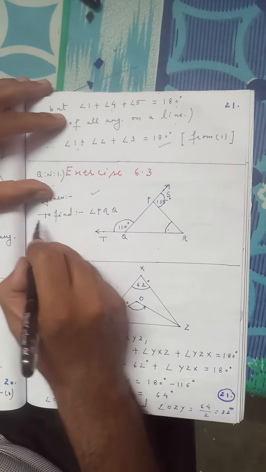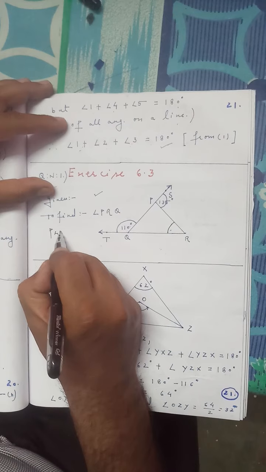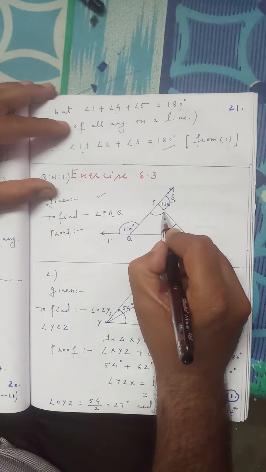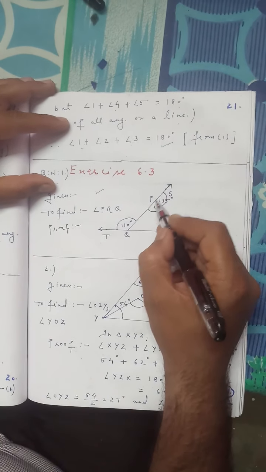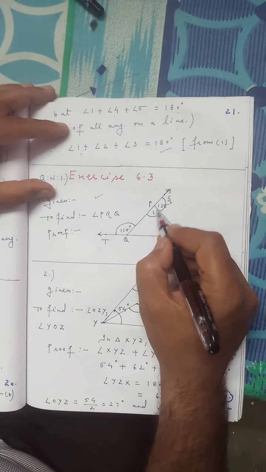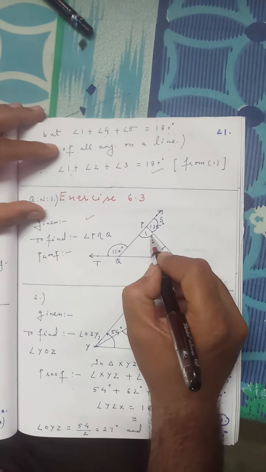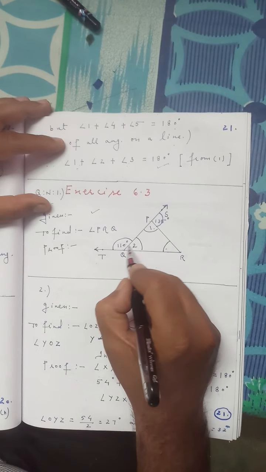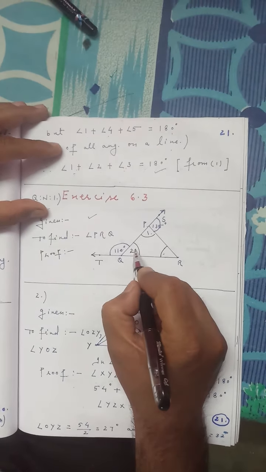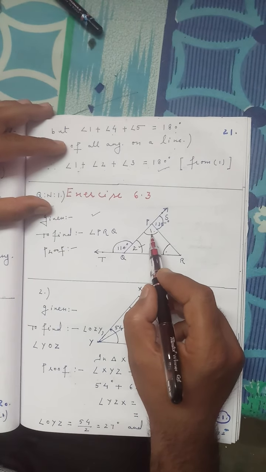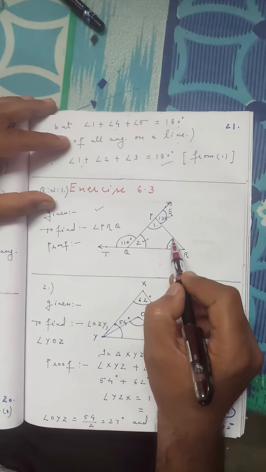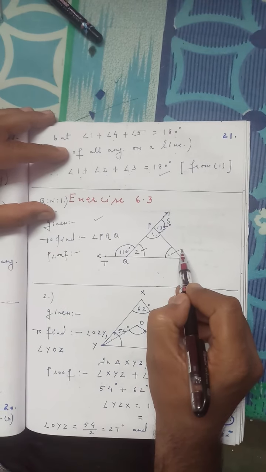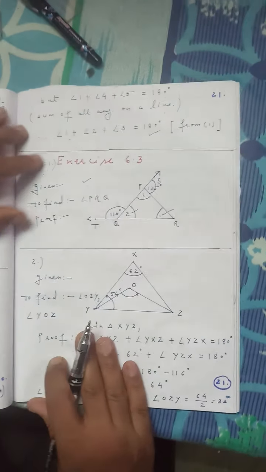Now students, I left the proof of this question for you. Let us see here. Students, this is angle 1. Angle 1 plus angle SPR are linear pair angles, so their sum is 180 degrees. Then you find angle 1. Then you have to find angle 2. This and this angle are also linear pair angles, so you find angle 2. Then by the angle sum property, angle 1 plus angle 2 plus angle PRQ is 180 degrees, then you find angle PRQ. So students, do your question yourself.